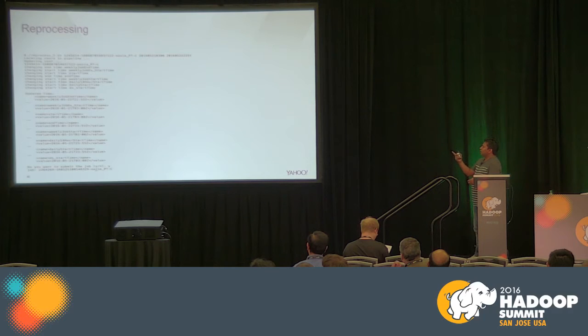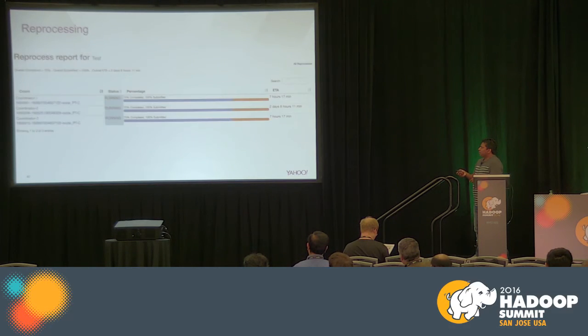This is one of the examples where they build a script that takes a coordinator name, start time and end time, and creates a new coordinator and starts it running. They also have a nice UI which displays the rerunning status, showing the percentage completed and also the ETA to complete.